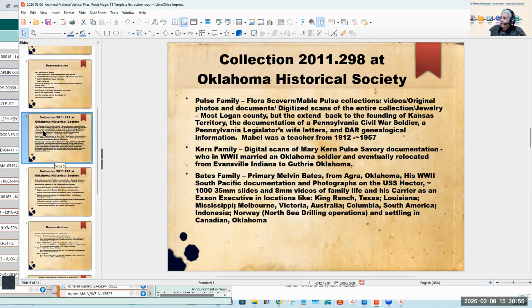And the third major group in there is the Bates family. This is my wife's family. It's primarily Melvin Bates. He's from Agra, Oklahoma. He used to play on a 7-man basketball team there. His picture's actually in the stadium there, playing on the team. It's his World War II South Pacific documentation and photographs as he served on the USS Hector in that war. It also includes approximately 1,000 35 millimeter slides and a number of 8mm videos.